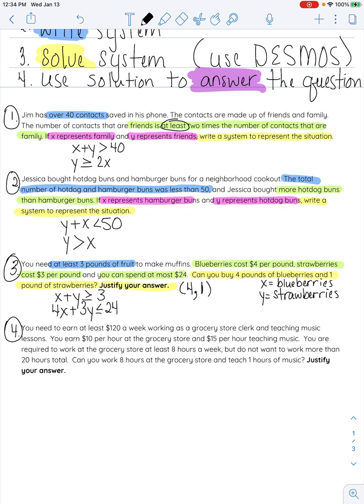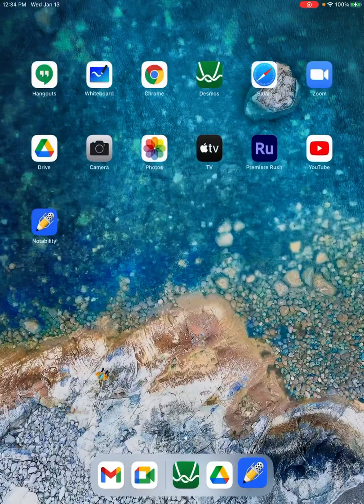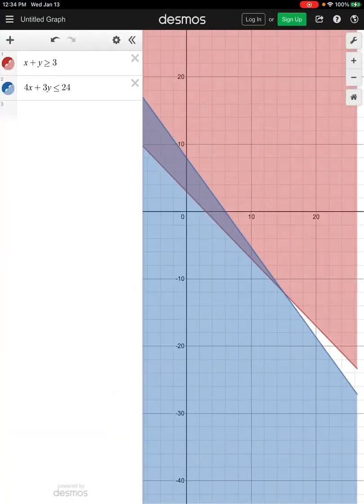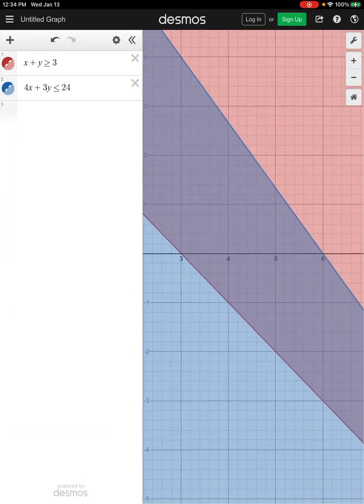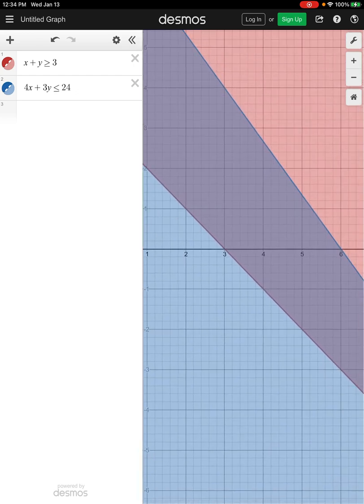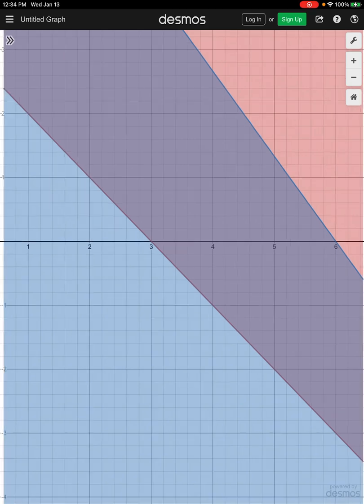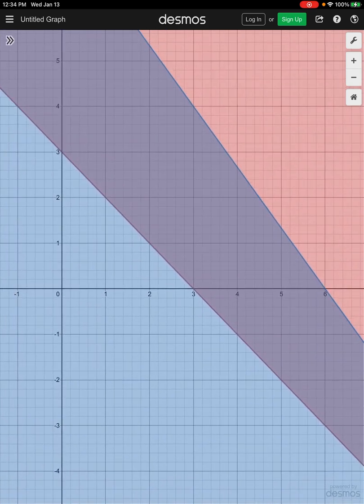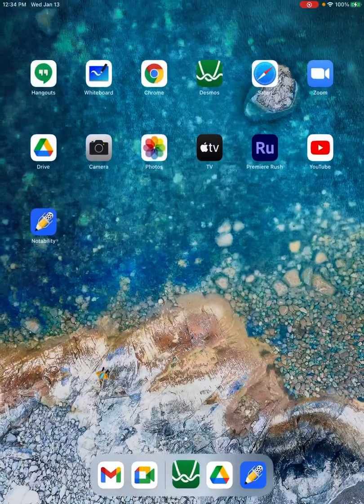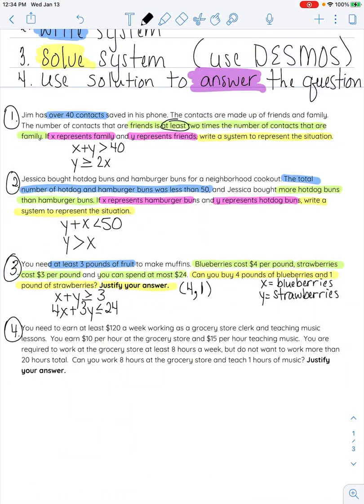So really what they're asking is, is 4, 1 a solution to this system? So I'm going to go back to my graph here, and I'm going to have to do some zooming. If I go over 4 and up 1, that is clearly in the darkest shaded area. So what that means is, yes,